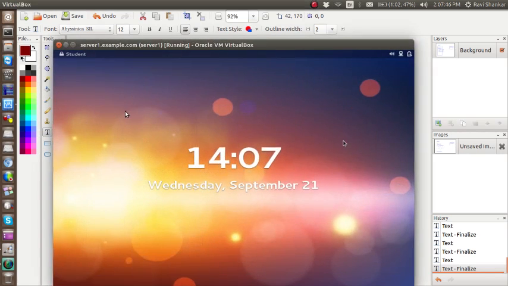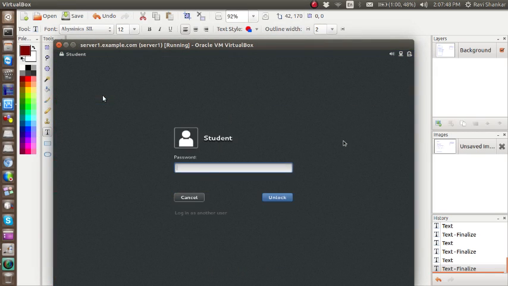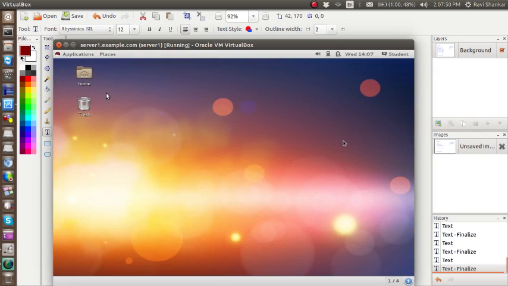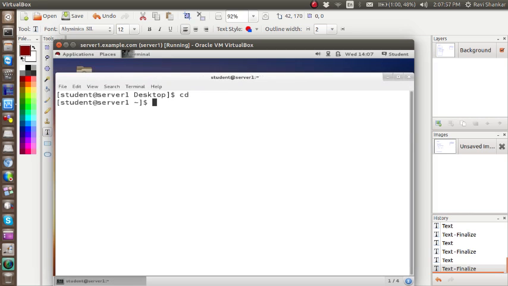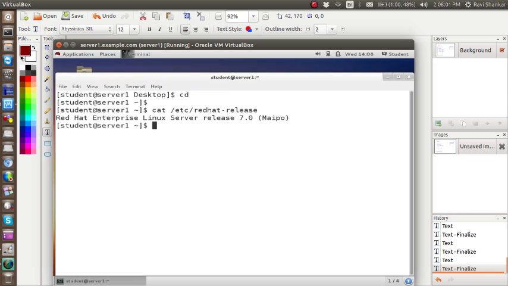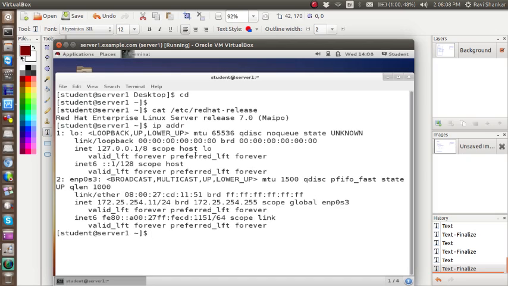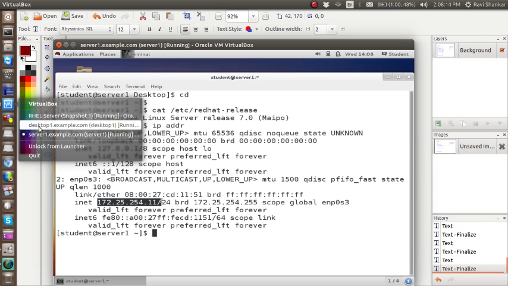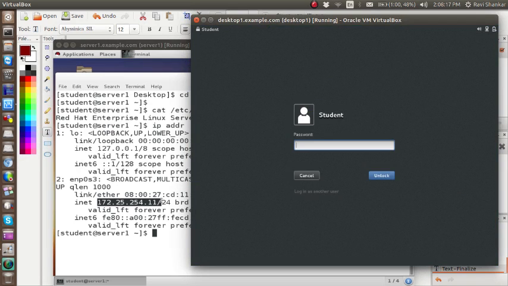So let's see what the operating system version and other details are. This is a RHEL 7 machine. Let me show you. You can check it using cat /etc/redhat-release. So this is a RHEL 7.0 machine, and the IP address of this machine is 172.25.254.11. And if you look at desktop1, which is the client machine in our case,